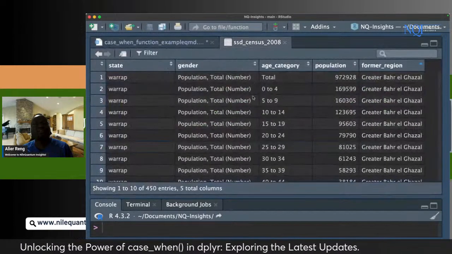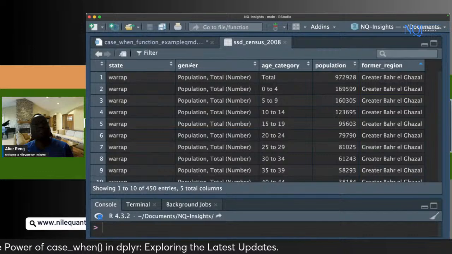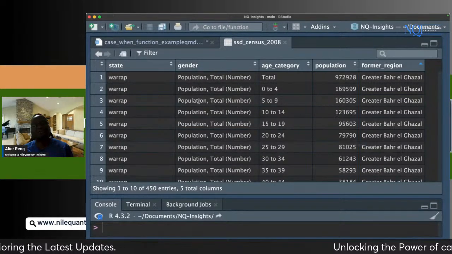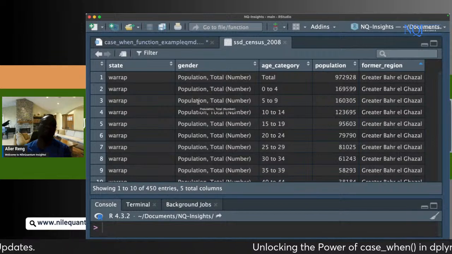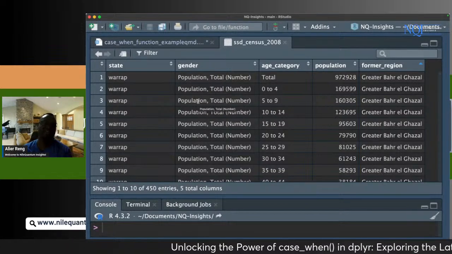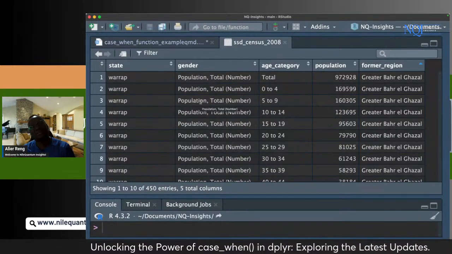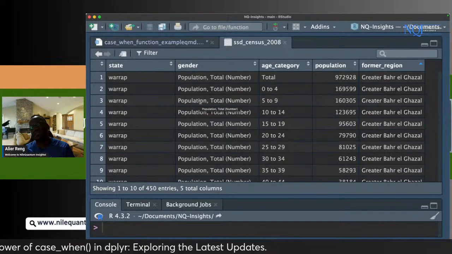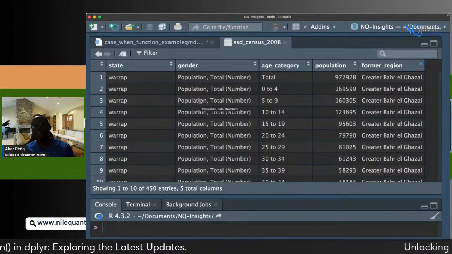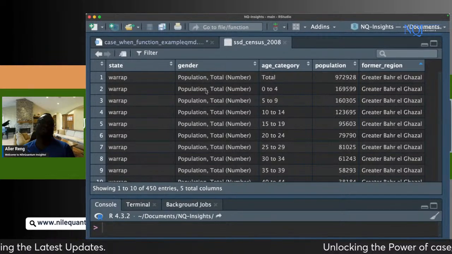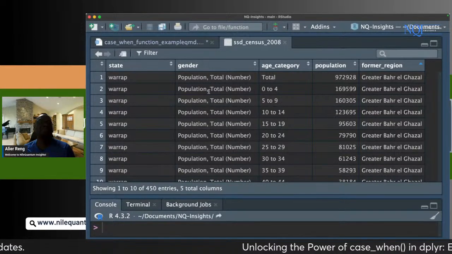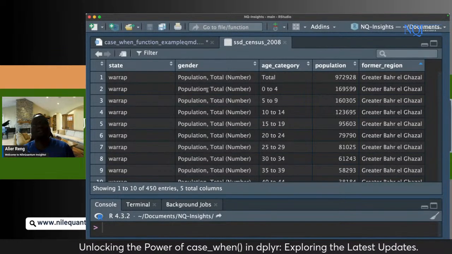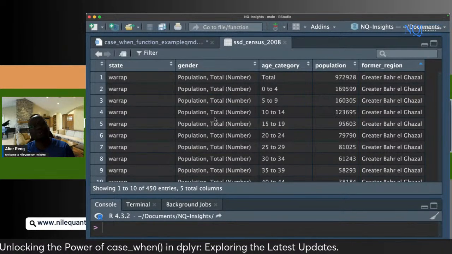So I mentioned earlier that I wanted to show the separate function, which has now been superseded by its variants. But that will be the next tutorial. So the weekend after, not this coming weekend. We will do every other weekend, so every other Sunday is when we will talk. The Sunday after this coming Sunday is when we will talk about the separate variants to work on this column